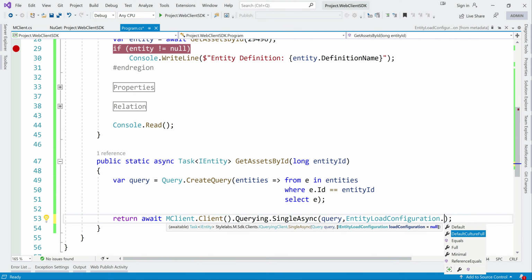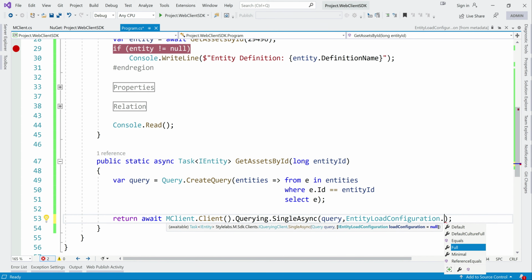And the default culture full will retrieve all the properties and all the relations in that particular culture. Just a small piece of information about culture: culture is like language, right? We can also load multiple cultures here. We can pass multiple culture-related information. But as I'm not currently working on multiple cultures, I'm just showing you one en-US culture only, English culture only. That's why I'm not focusing so much on culture. Otherwise, this default culture full fetches everything in the default culture, English here: properties and relations, all the information.